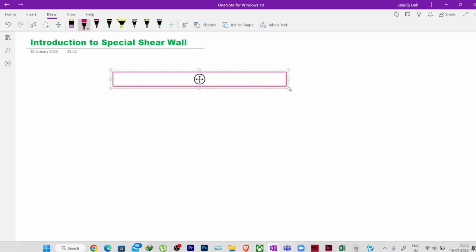So if you see, suppose we have an RCC wall and it is meant to take the vertical loads or gravity loads, and also it will have the moments in it, right? So the vertical force and the moments, if we design the RCC wall, suppose this is an RCC wall and it is designed as per